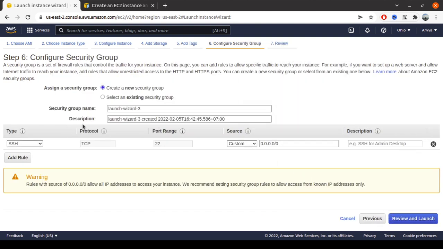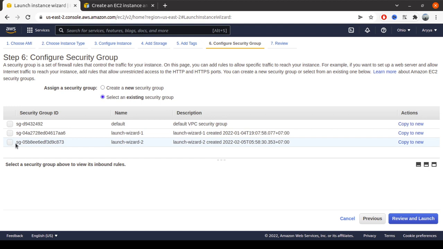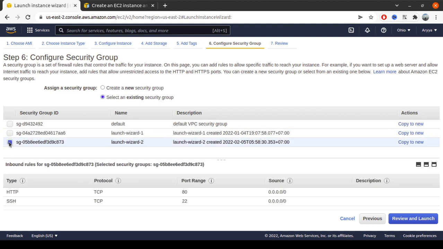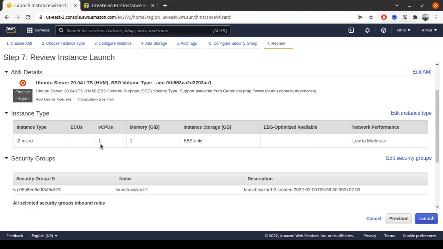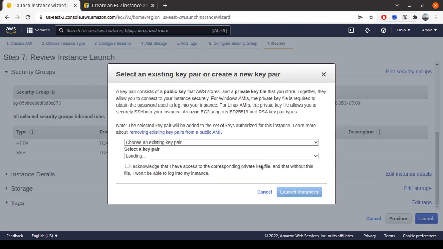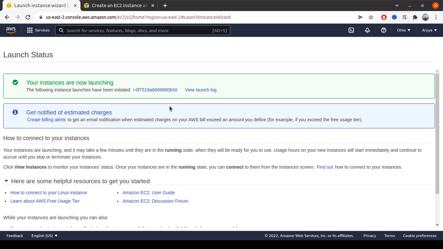For the security group, I want a security group that allows SSH and also the HTTP port, because we want to publish the HTTP service later, the web server. So this is the list of ports that I want to allow, 80 and 22. Let's review, and should be okay, and let's launch. I already have the key pair that I can use to access my server, so I just need to click acknowledge and then launch the instance. So this is the first step actually, right?